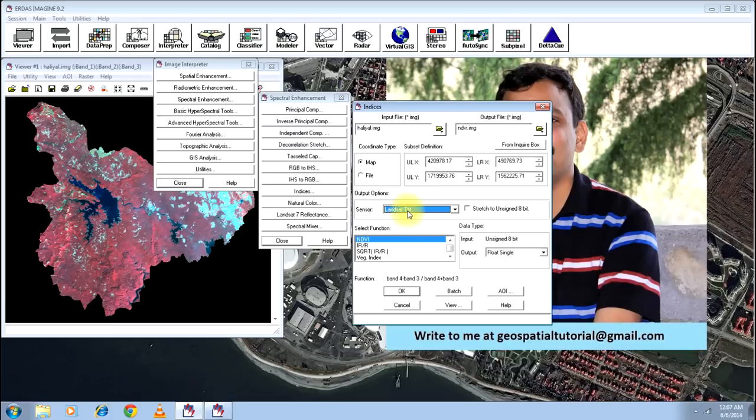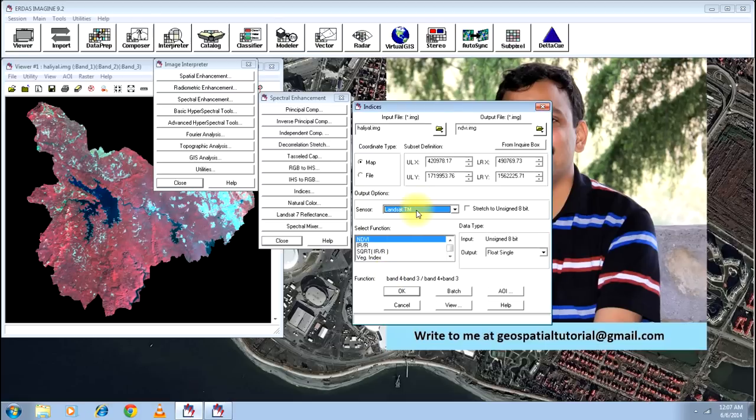Since you have selected Landsat Thematic Mapper, the band combination is changed now. Now you see band 4 minus band 3 divided by band 4 plus band 3. What does it mean? Here band 4 is the infrared band, band 3 is the red band, that is, this operation is performed on this Landsat Thematic Mapper.